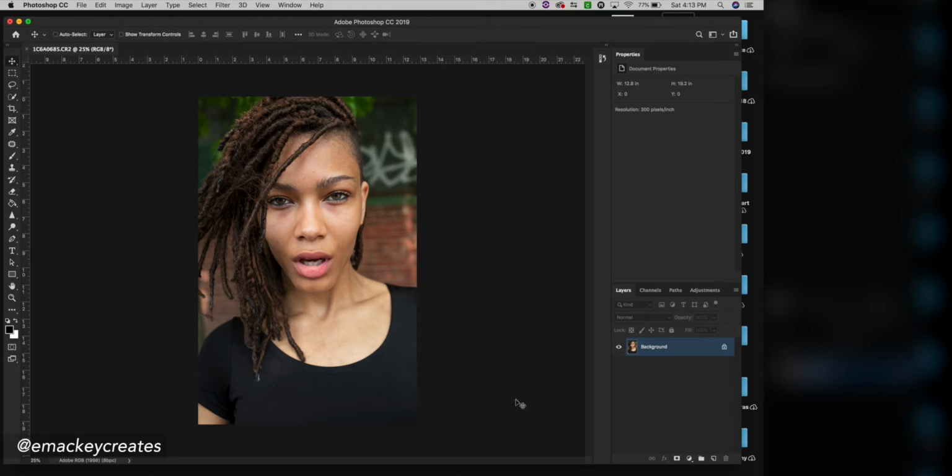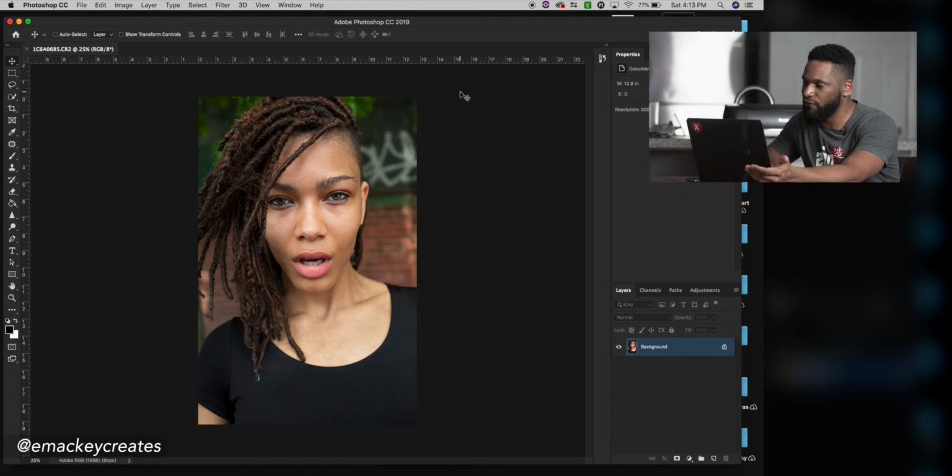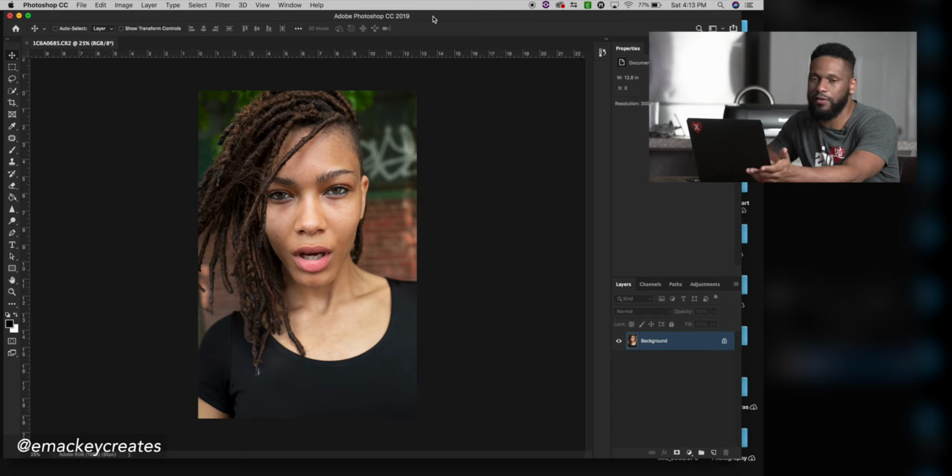When we hit open image, it's going to open up in Photoshop. Now this is Photoshop Creative Cloud 2019, but it shouldn't matter too much what version of Photoshop you use. The very first thing to consider when you're editing your photo is what's the end use of this photo. For this particular photo, and mostly the stuff that I do, I'm shooting for fun and posting on Instagram. Instagram has a white background. So the first thing I'm going to do is change the default background of my Photoshop